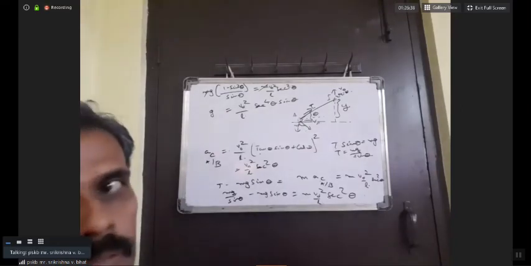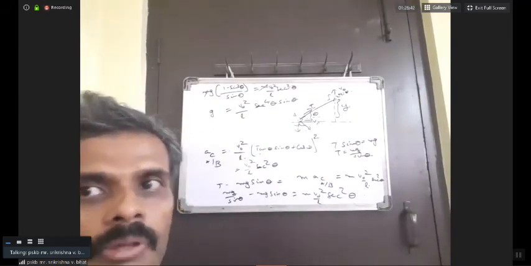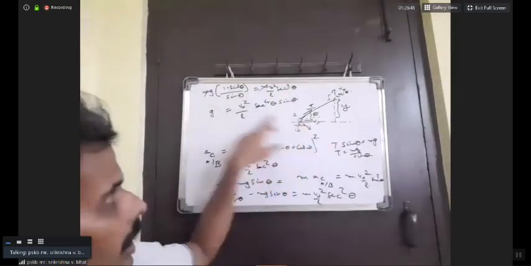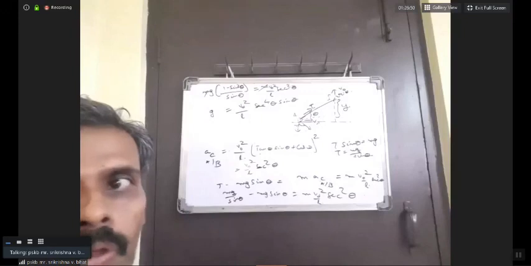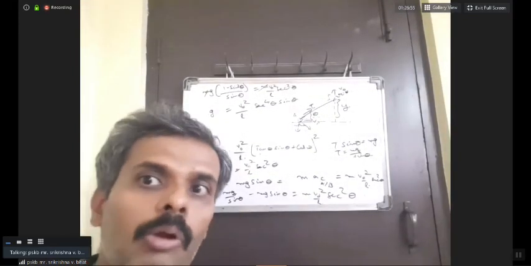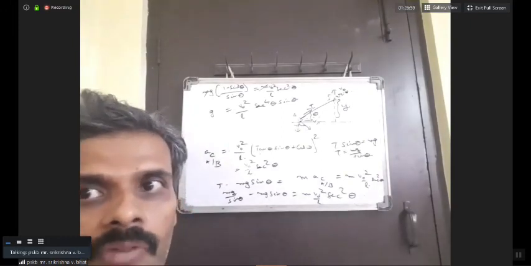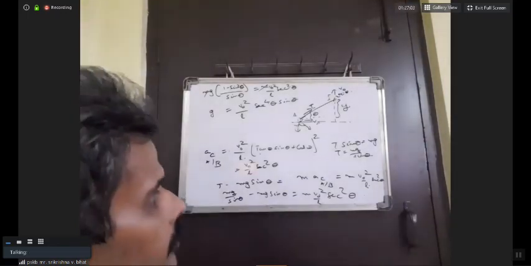Because whether you see from ground reference or you see from B reference, the observations as far as body A is concerned cannot be different, because body A is moving along the ground surface and it's a fact. If it is not losing contact and if it is moving along the ground surface only, that is not going to be different in both the references. So both the different reference frames have to concur with it. Yes. Thank you.